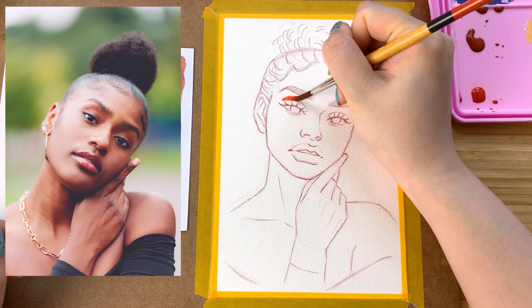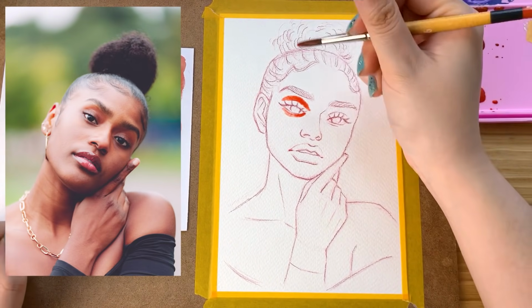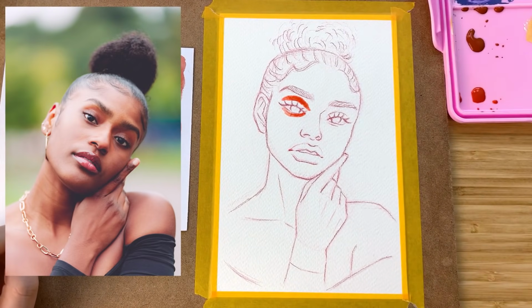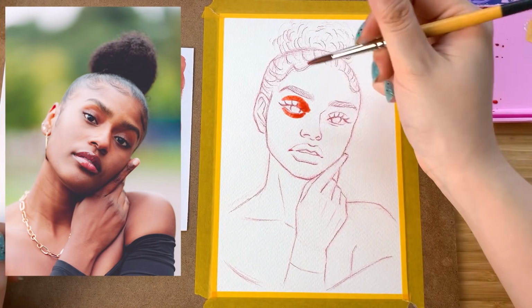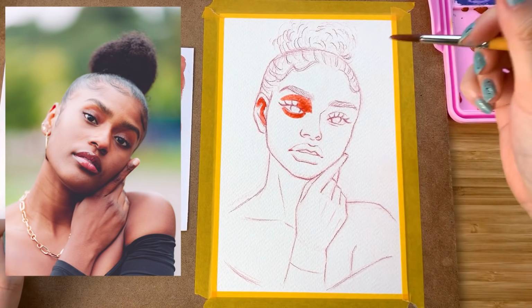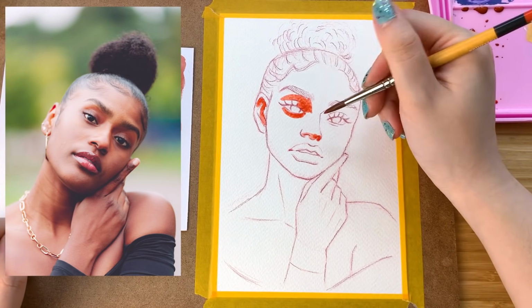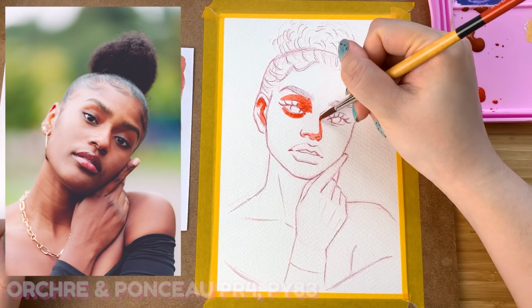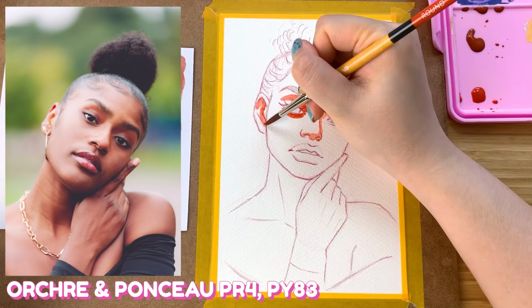In the photograph, we've got a very strong light source coming from above and the left side. So I am going to try to be mindful of those highlights, I guess, is maybe the better way of phrasing it. And right now I'm just putting in this very, very warm red color in the warmest parts